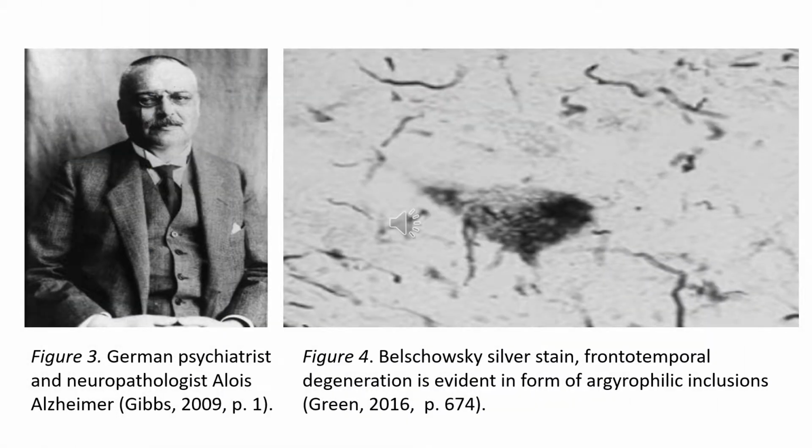and German psychiatrist and neuropathologist Alois Alzheimer, more commonly recognized for providing the first accounts of pathogenesis seen in Alzheimer's disease, who in 1913 examined Pick's case studies using Bielschowsky's silver impregnation technique and consequently identified the argyrophilic inclusions in neuronal cytoplasm, which have come to be known as Pick bodies, and understood to represent abnormal expression of the previously mentioned tau protein, believed to play a significant role in the neural cell death and cognitive decline seen in cases of frontotemporal dementia.